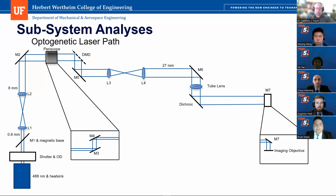And here in these section cutouts, you can see right views. And this is a right view of the periscope. The laser will hit M3, which will redirect it upwards. The laser M3 is about 45 degrees from the horizontal axis. And this M3 mirror will be mounted in the periscope. After that, it is redirected upwards to hit M4, which is also mounted on the periscope, which redirects it then